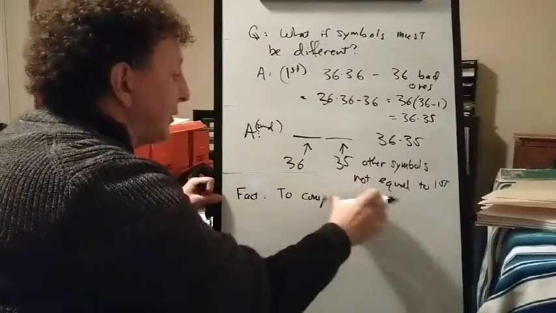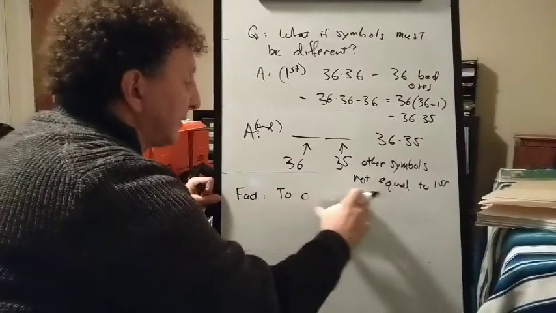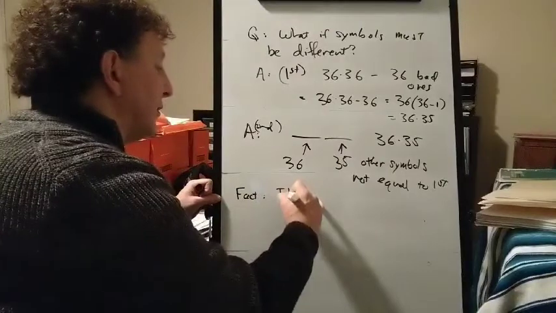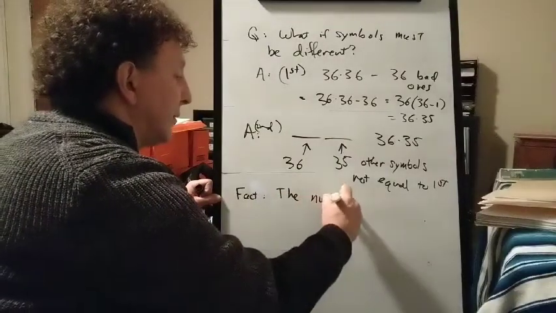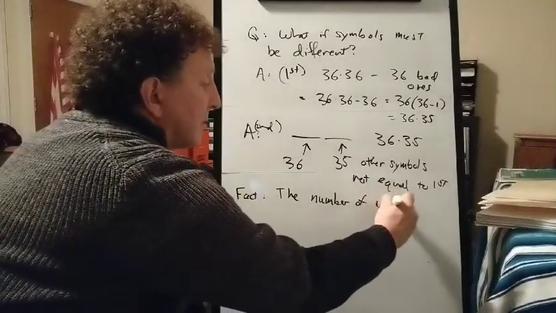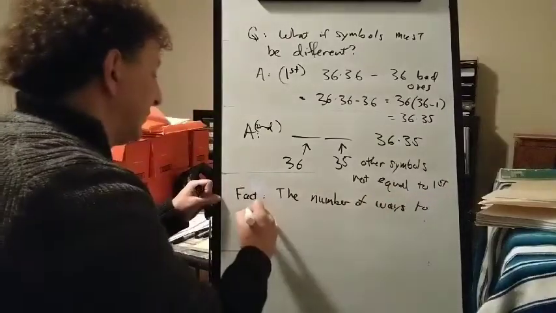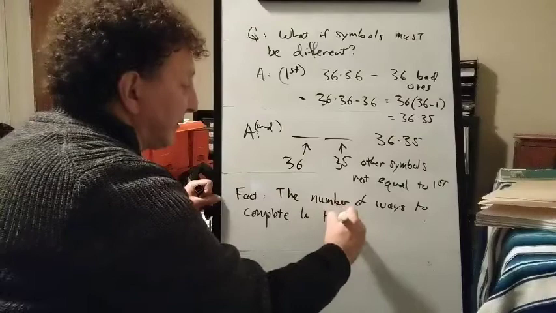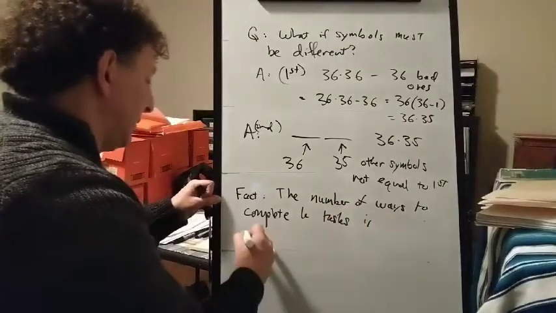So if we want to count the number of ways to complete k tasks, I'll just say the number of ways to complete k tasks is